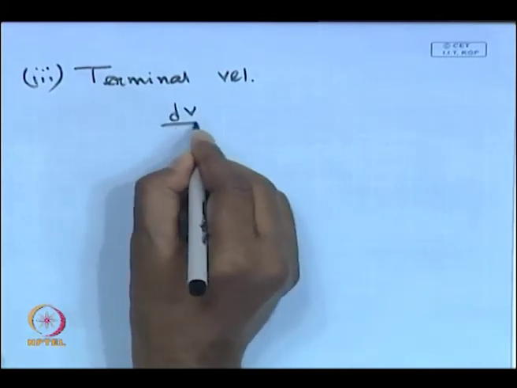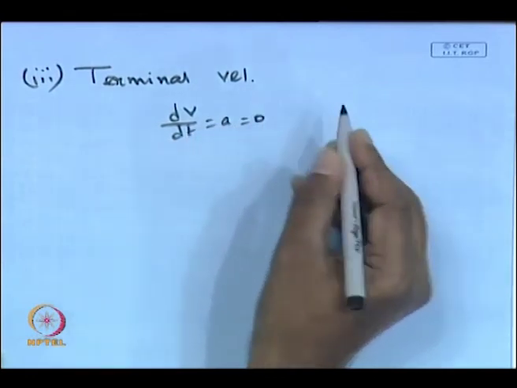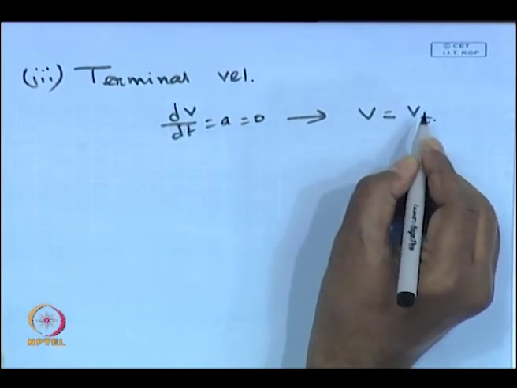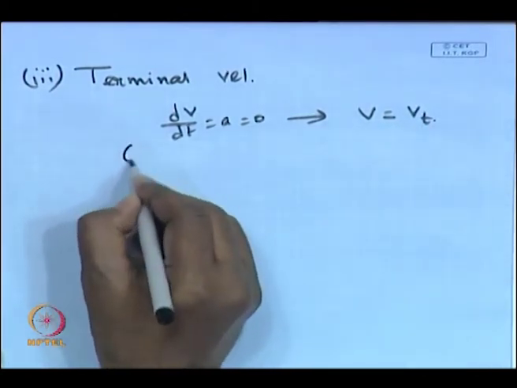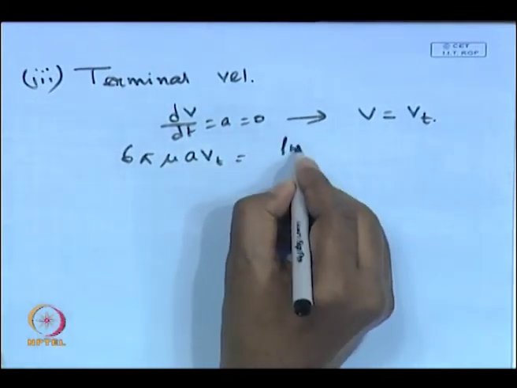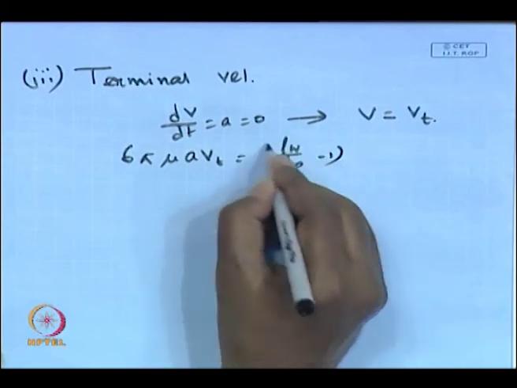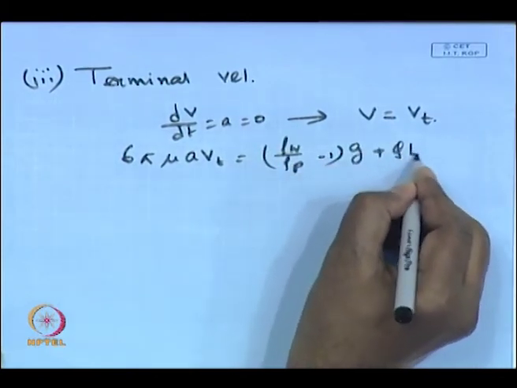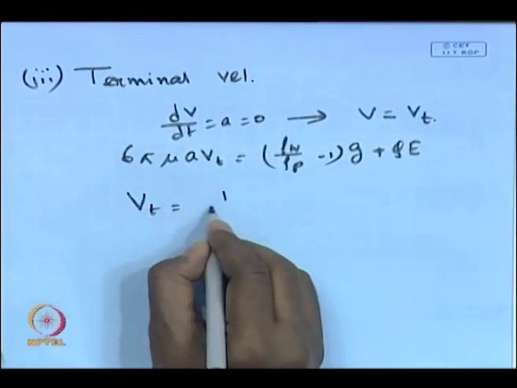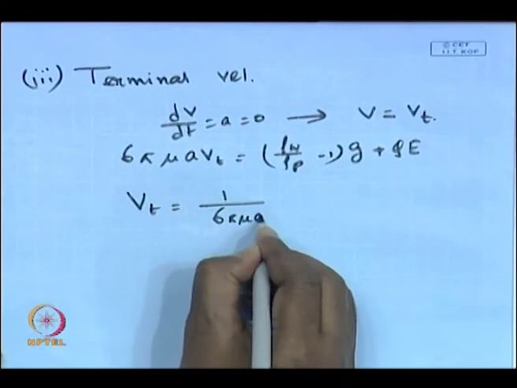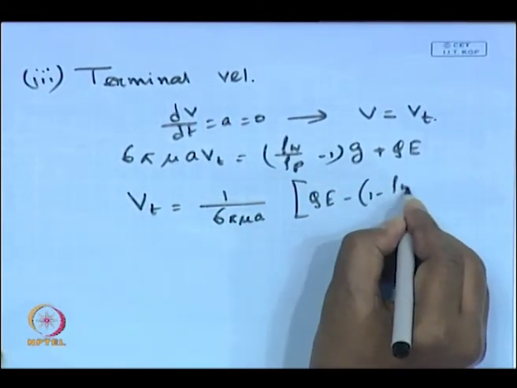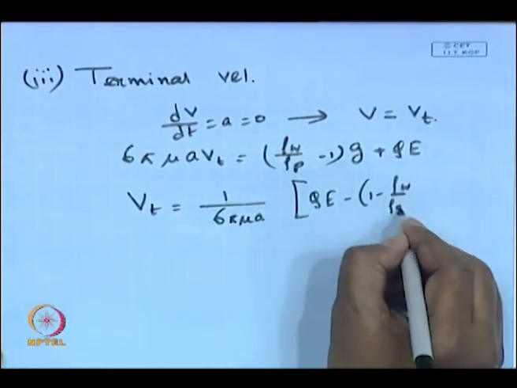So, dv dt or the acceleration is equal to 0, and under that condition the velocity in the expression will be replaced by the terminal velocity. So, you will be getting 6 pi mu a v terminal is equal to rho w by rho p minus 1 times g plus q e, and the expression of terminal velocity becomes 1 over 6 pi mu a times q